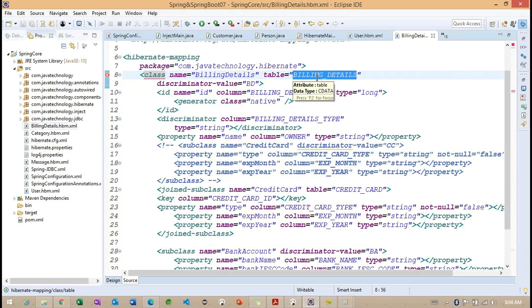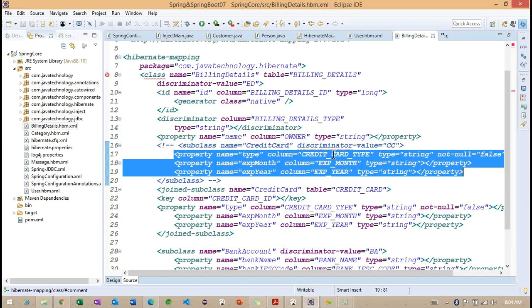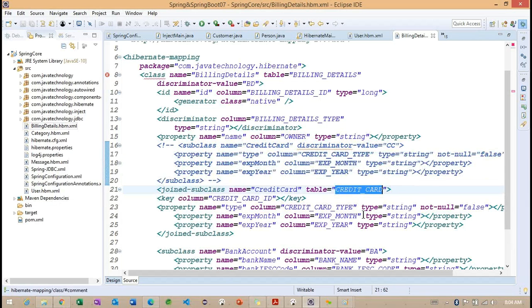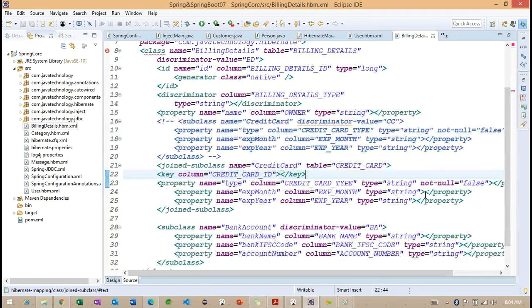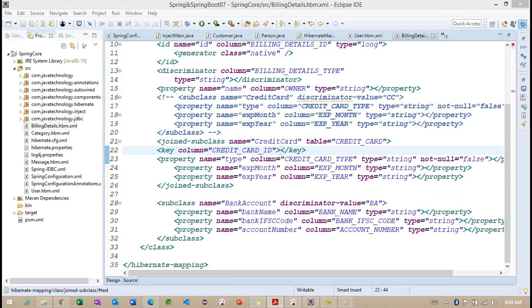Whatever properties we declare inside the joined subclass, all will be mapped to this table. All the properties are going to be created as columns in the table called credit card. And the primary key is required, because in any table we are going to work with the primary key. We'll also have a foreign key constraint with the billing details table here.